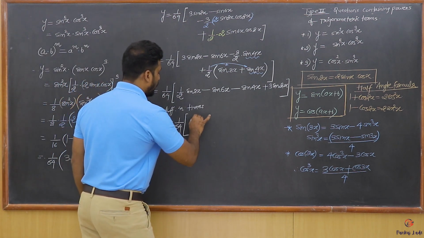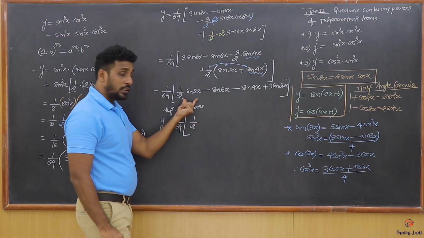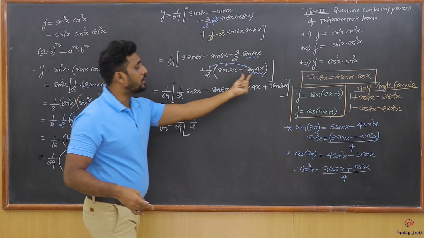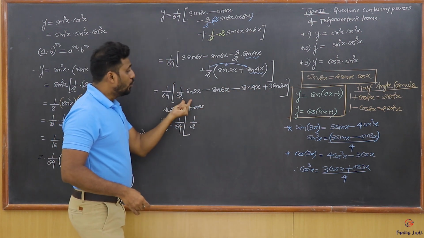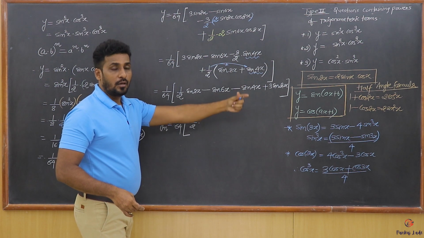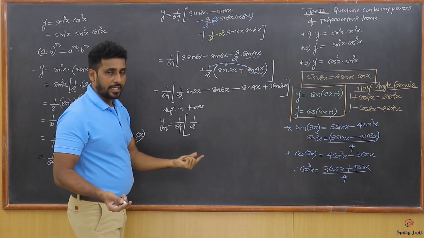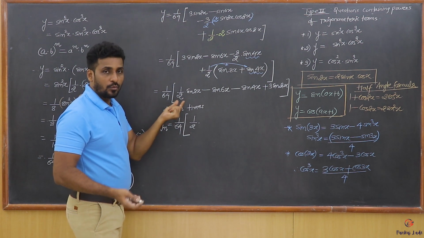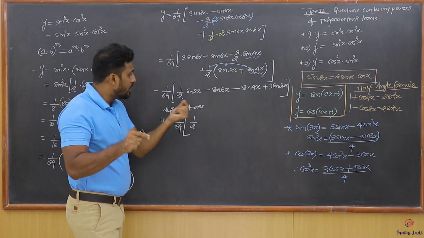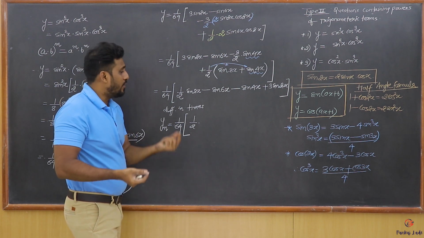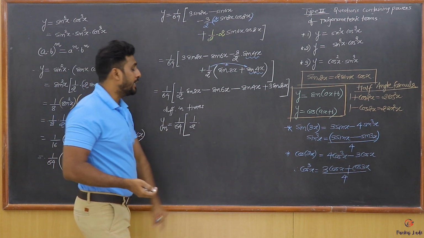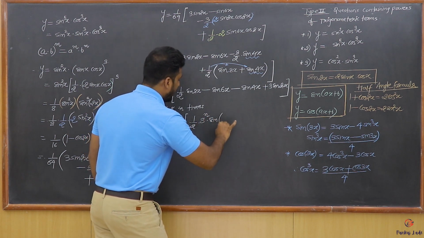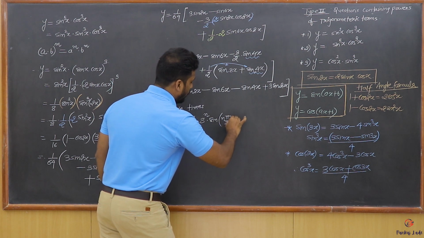You'll be getting 1 upon 2. That's again a constant term for the first term, 1 upon 2 sine 8x. Now you know there is u plus v plus w plus s, you can say. So you need to simply differentiate every single term individually, because there is a plus and minus sign in between. So you take the first term, you see that there is a constant present with the first term. So this constant simply goes outside the derivative. So 1 by 2 goes outside, and the nth derivative of sine 8x is going to be 8 raised to n sine of n pi by 2